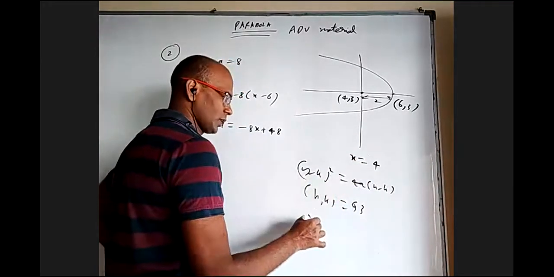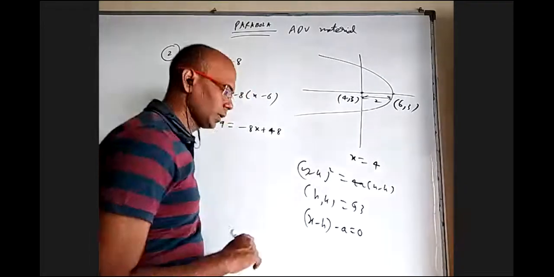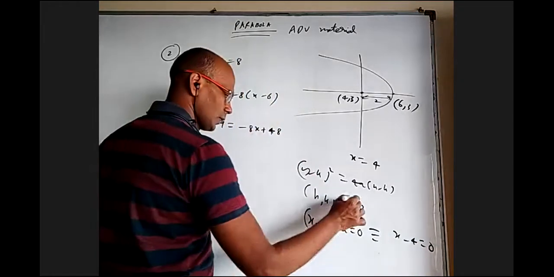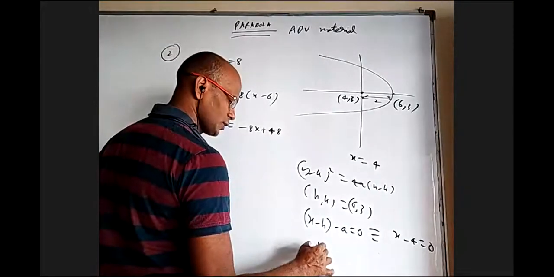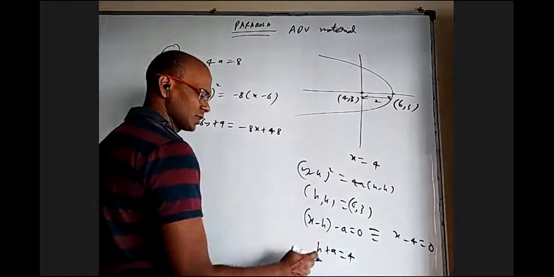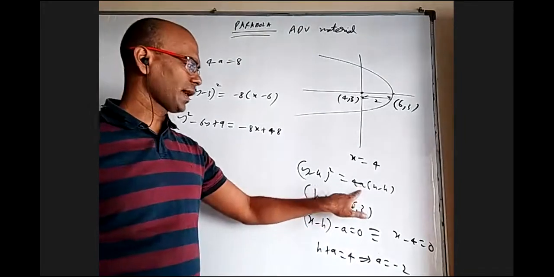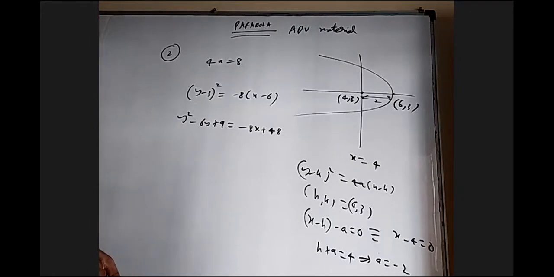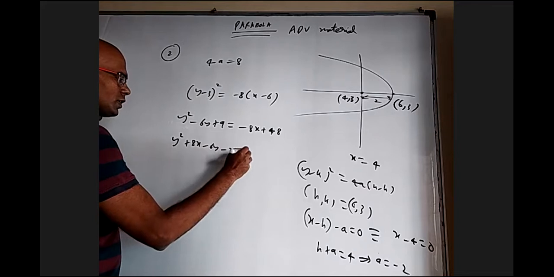And what is the latus rectum normal equation? x minus h equal to a. x minus h minus a equal to 0. That should be equivalent to x minus 4 equal to 0. If you take like that, you will get h plus a equal to 4. And that h is 6 when you substitute, you will get a equal to minus 2. You can put that minus 2 back and you know h and k. Like that you can find the parabola, or from this also. That's it. y squared plus 8x minus y minus 39 equal to 0.